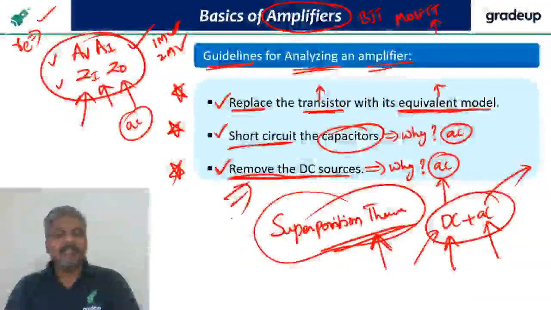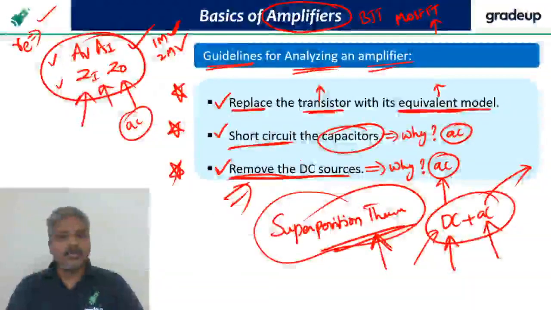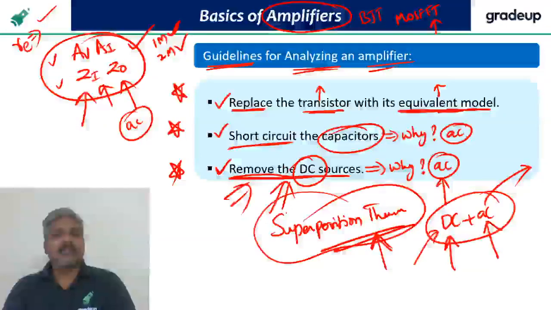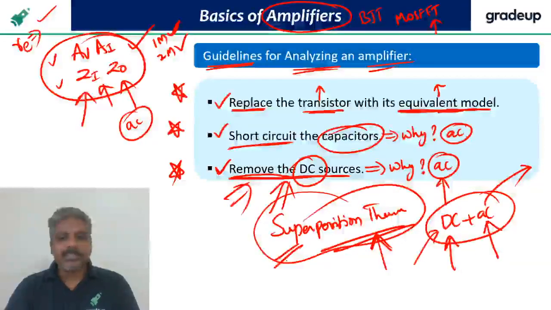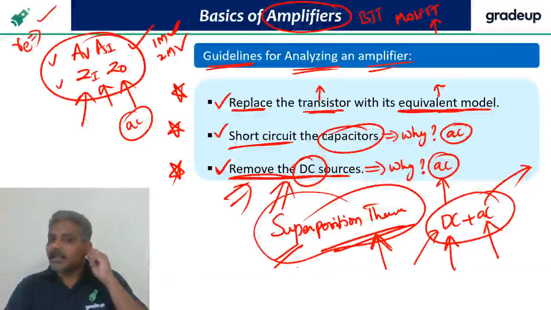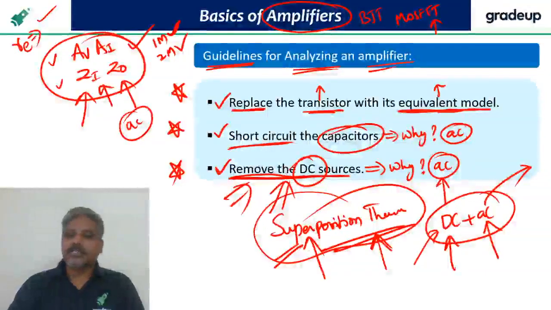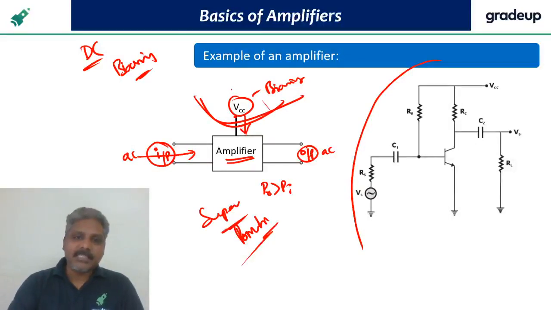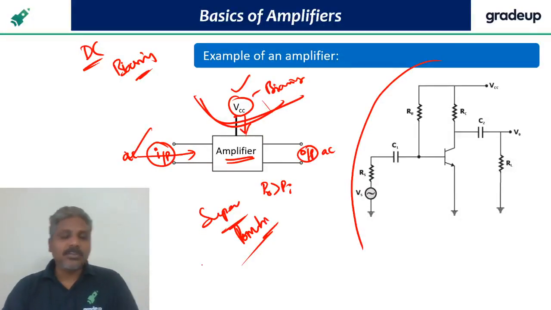See, it is not that for an amplifier you are removing the DC. No, we are not removing the DC. The amplifier has it. For analysis purposes, we are removing the DC. That means I am applying superposition to understand, for ease. Otherwise, dealing with an amplifier with DC as well as AC is going to be complex for me. That is why the theorems are there, to simplify.